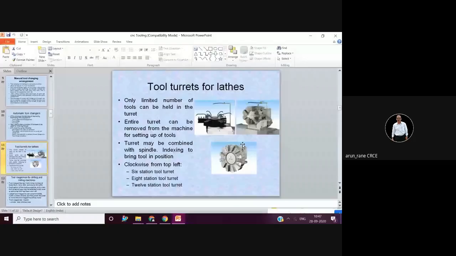Then it is indexed and the desired tool change is achieved. Now remember, it is always very important that the indexing is bidirectional, which means this can rotate either clockwise or anti-clockwise.